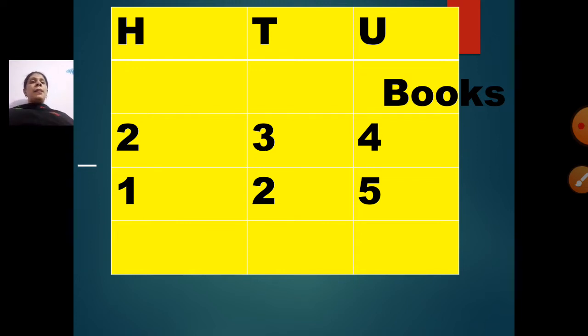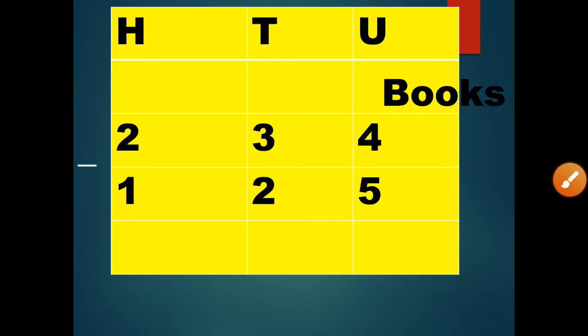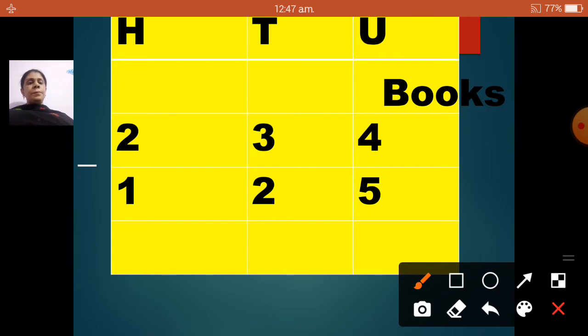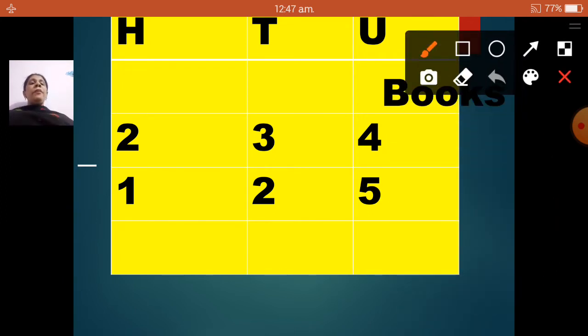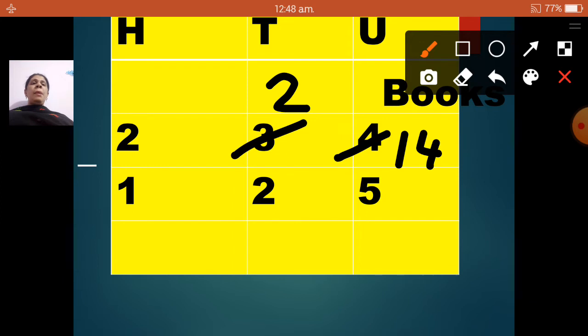So now we shall start our subtracting. Now 4 is a smaller number and 5 is a bigger number. So we will not be able to subtract. So what we will do is, we will cut this 4 and make it 14. Now from where did I get this one to make it 14? I borrowed from 3. So if I borrow from 3, 3 will become 2. Okay, so 14 minus 5: 6, 7, 8, 9, 10, 11, 12, 13, 14. 14 minus 5 is 9.